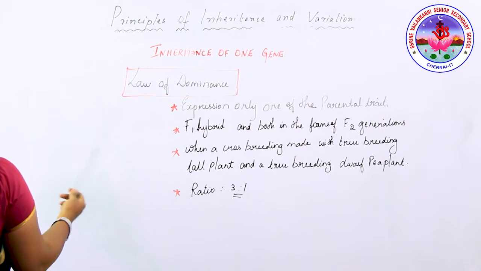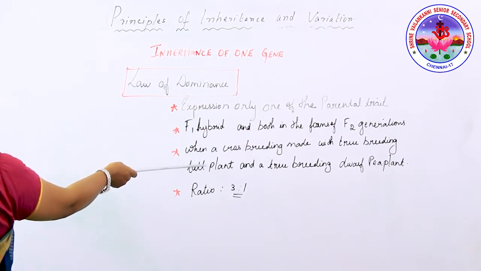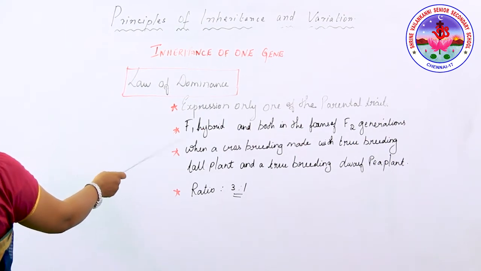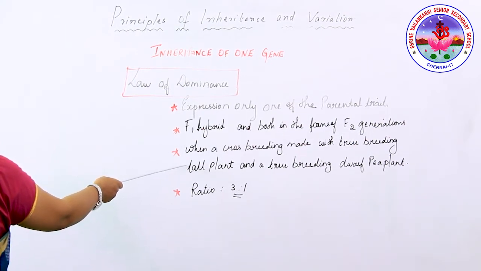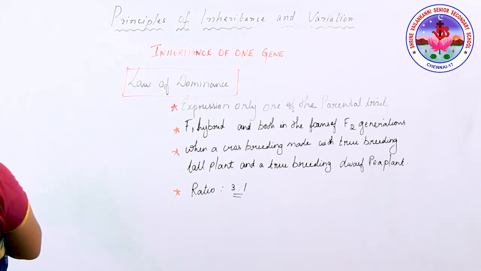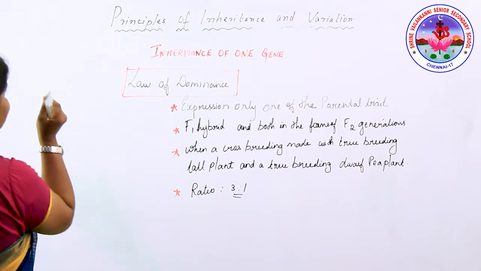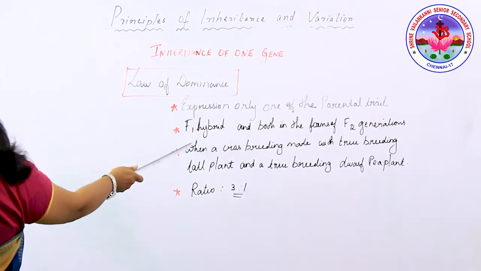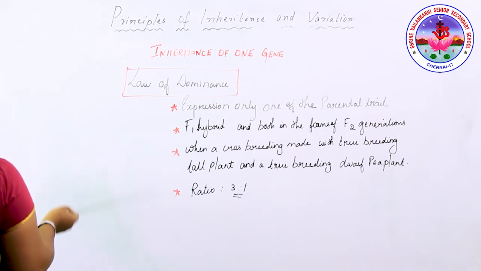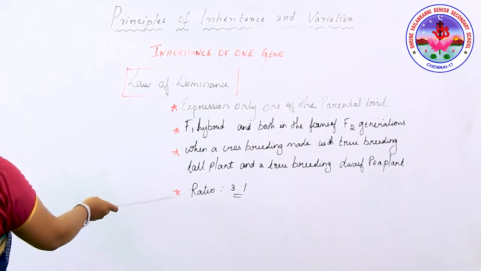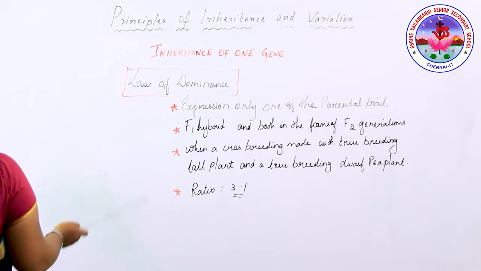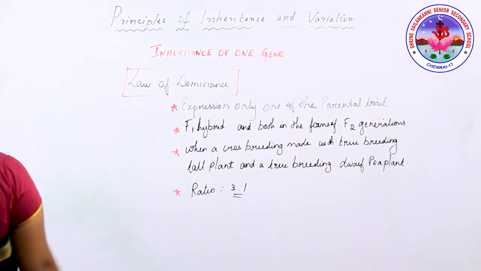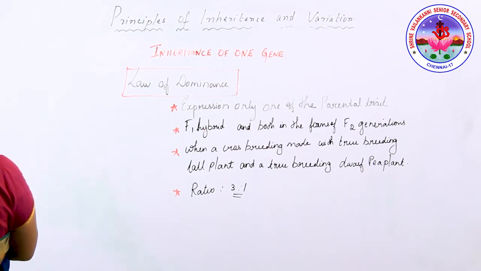When a cross was made between true breeding plants with the 7 contrasting characters, such as a true breeding tall T plant and a true breeding dwarf plant, all the plants in the F1 generation were tall. So the generation exhibits the characteristic feature called tall, which is the dominant character. When the F1 individuals were allowed to self-pollinate and the F2 generation was raised, the tall plants and dwarf plants were found in the ratio of about 3:1. That's all about the law of dominance.